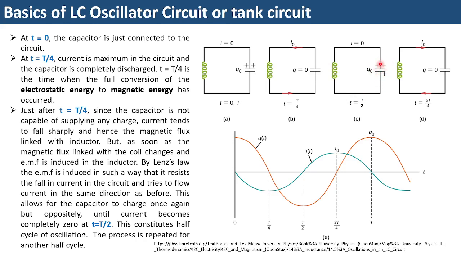And now what will happen at thrice T by 4? This capacitor will once again get discharged in the opposite direction, current will flow, and again at time t equal to T, the capacitor will be charged in the previous direction, that means as it was at time t equal to 0. So the status of the circuit at time t equal to 0 and time t equal to capital T, that is the time period, are the same. Whatever change has to happen occurs in between, at the intermediate times, that means T by 4, T by 2, and thrice T by 4. Alright, this is T by 2, basically this is actually twice T by 4, so the 2 cancels with the 4 and a 2 remains, so this is T by 2.